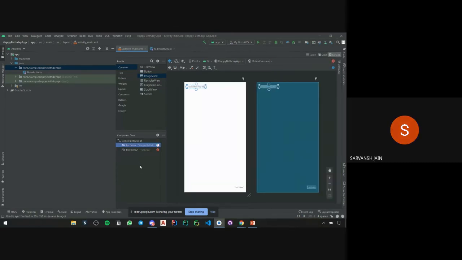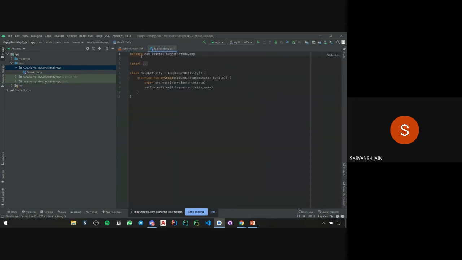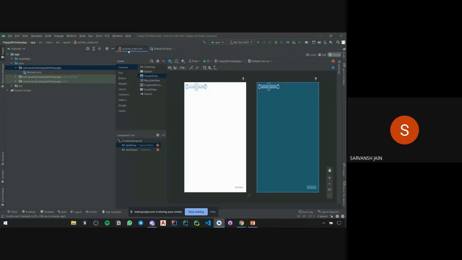As I explained, first this is the normal code view. Then this is the layout. In this, there is this palette. Then there is this component tree. Palette is whatever you want to add in your application, and component tree is whatever is currently in your application. Then these are attributes. Attributes are basically like settings of the text and all those, in layman's words.